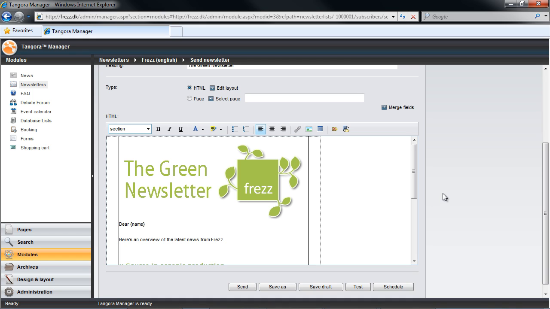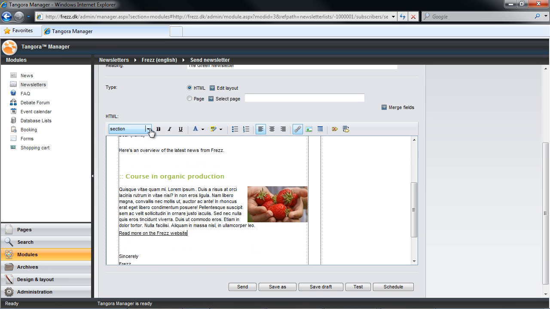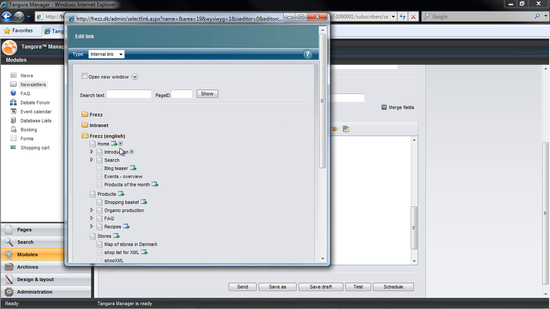And we can edit our draft in exactly the same manner as if we were to edit our page in Tangora. So we have the possibility of using global typographies, though I should mention already now that there are certain limitations depending on the recipient's mail client. And there are various other rich text editing features, including creating links and inserting pictures. So I could just enter a bit of dummy text here, as well as adding a picture. And I could also add a link. This link could, for example, be to a particular news item on a news page in our solution.